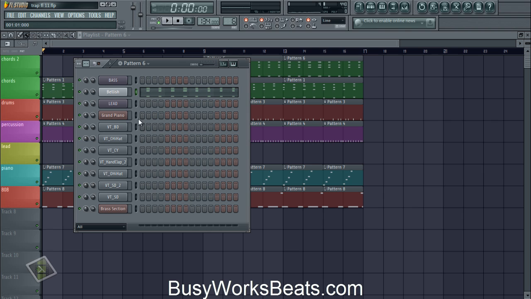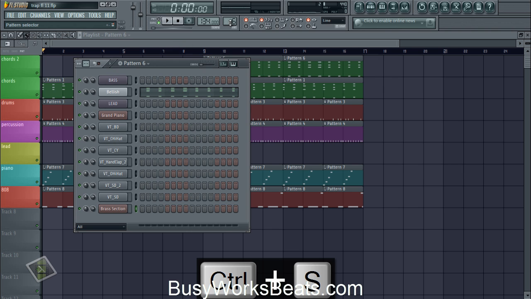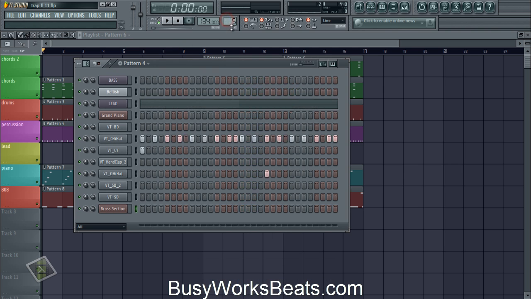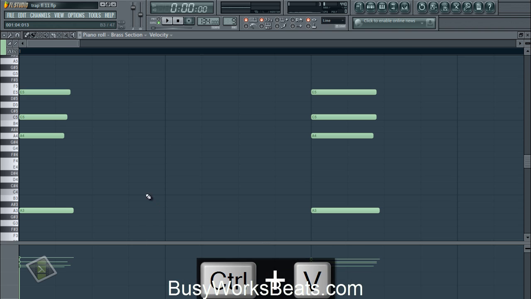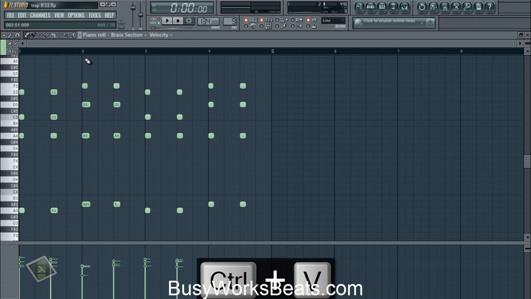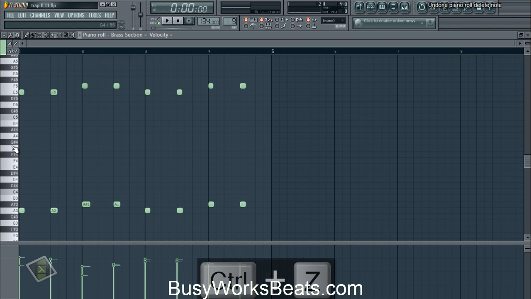Now we're going to get into the mixing. Oh, I forgot the brass. Excuse me. So the brass, we're essentially going to copy the chords again. Nothing too hard there. Control C, right click, find first empty, paste that into your brass. Now for the brass, we're going to get rid of all the middle notes. So we're going to control click, get rid of these, hit delete. Whoops, delete once. Here's the brass.